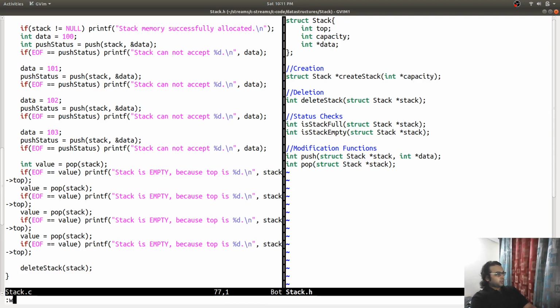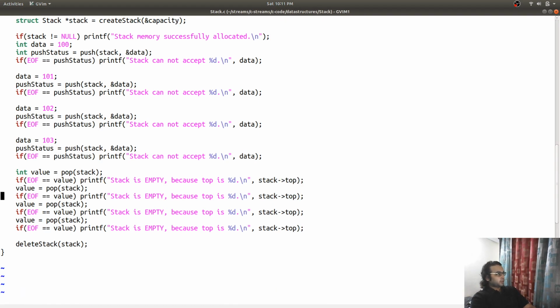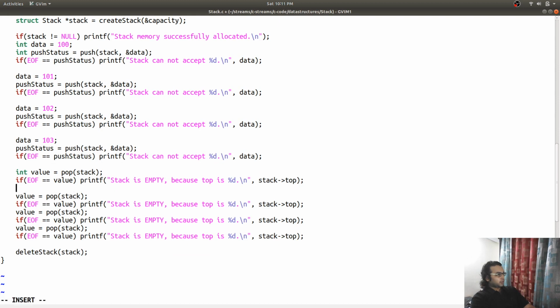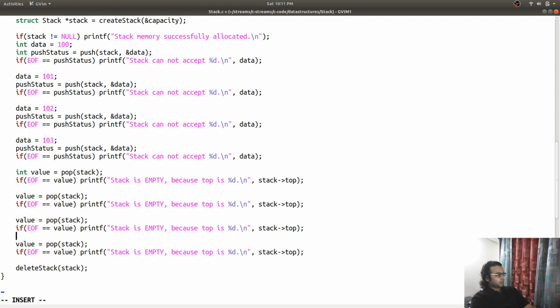I'm closing this window because we do not need it anymore. So once, twice, thrice, pop a stack, pop, thrice.